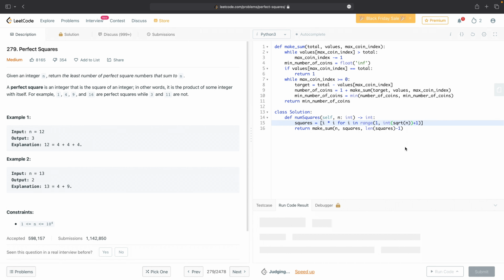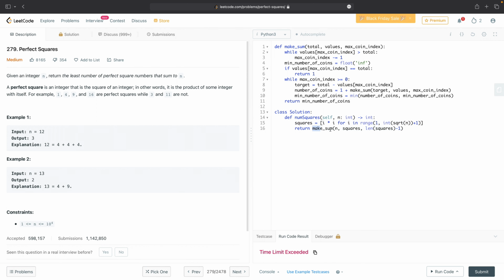It's taking a while. I knew it would take a while. Time limit exceeded, yeah. So I knew this was going to happen. I was hoping it would work, and then I could do a whole explanation about how it's too slow. But it's just straight up too slow. And the reason it's too slow,